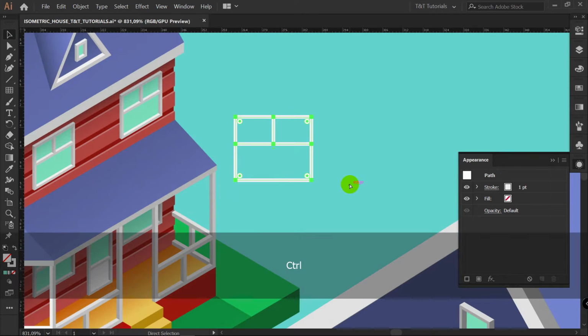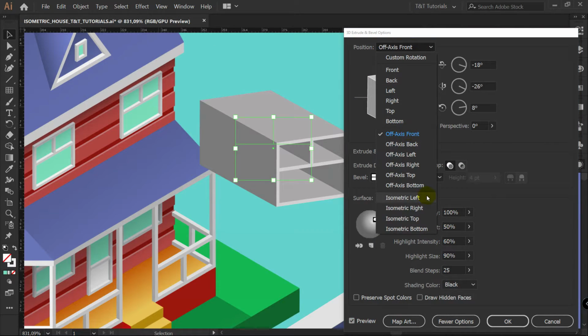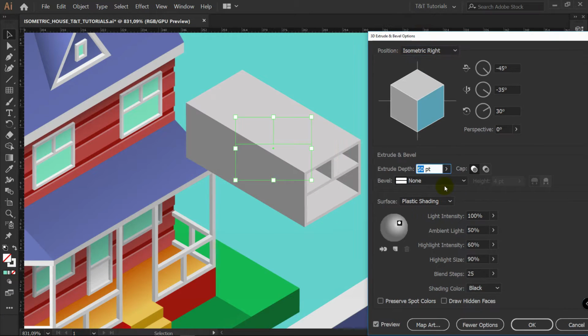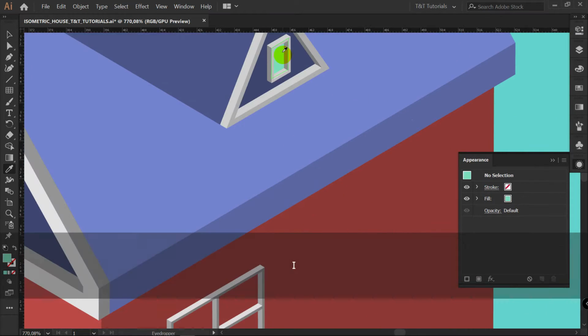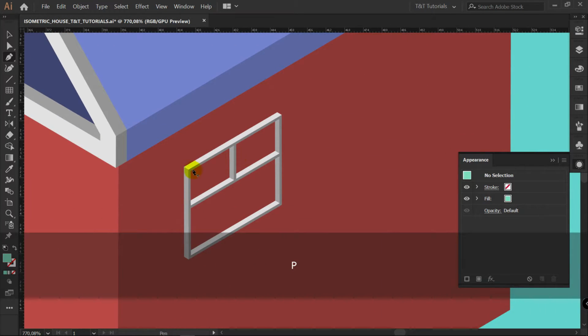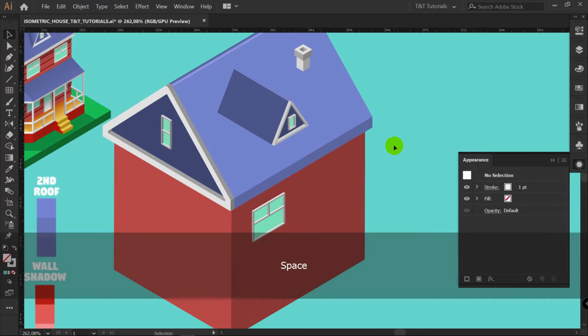make it smaller, Ctrl G to group, Effect, 3D, Extrude and Bevel, Preview, and now it really doesn't matter if you will pick isometric left or isometric right. After we will expand this object, we will simply flip it along horizontal axis and get needed results. So I will pick isometric right, for example, set 2 points for extrude depth, adjust lightning source to see geometry better. Now let's pick this color again, P for pen tool, bring this object down, group these layers, Ctrl G to group, and now what you want in such cases is